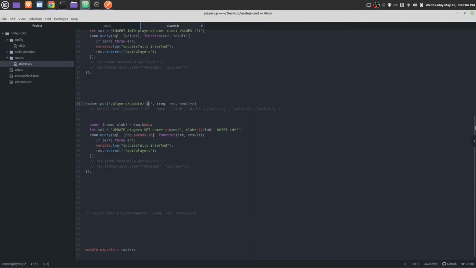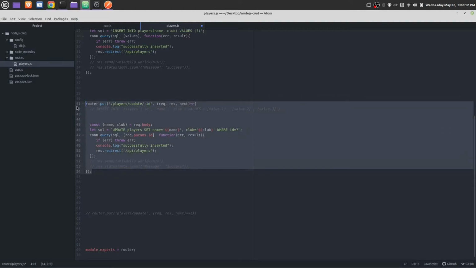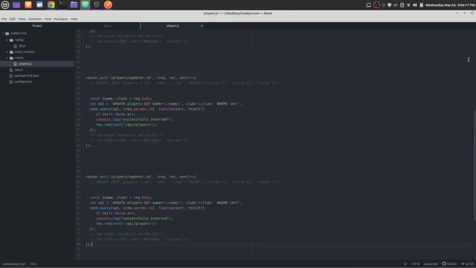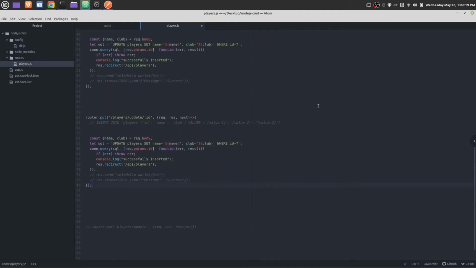Now the very next and very last thing we are going to do is delete a record. Okay, so let me copy this and paste it here as well. Instead of this put request, we are going to make a delete request. Okay, so delete, this should be delete. Let's change the SQL query, delete from